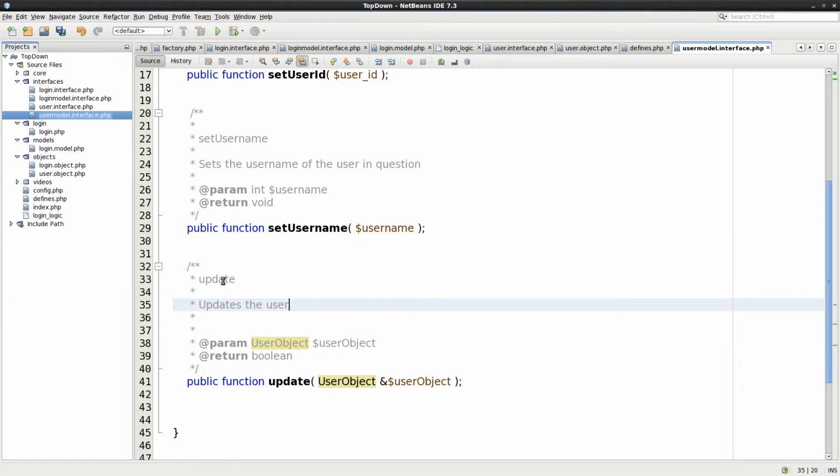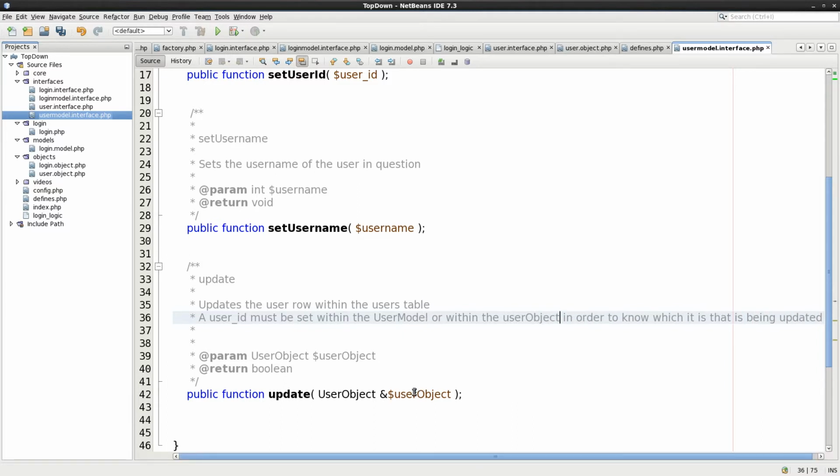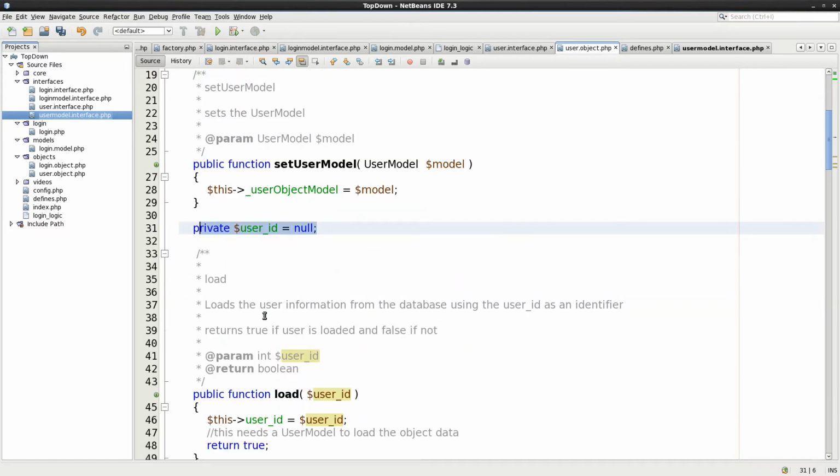Updates the user row within the users table. A user ID must be set within the user model in order to know which user it is that is being updated, within the user model or within the user object. Now it seems quite logical that the user ID is going to be inside of the user object, because we know that we've got the user ID in here, and we've got